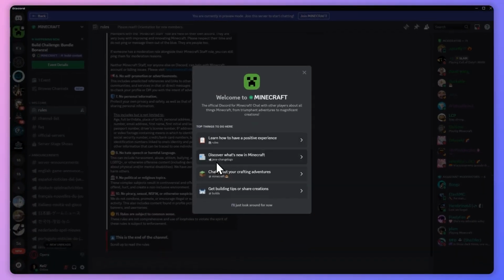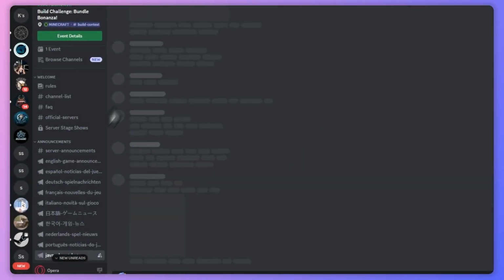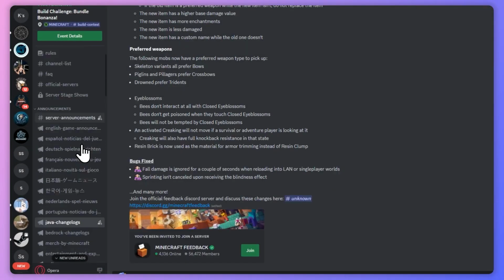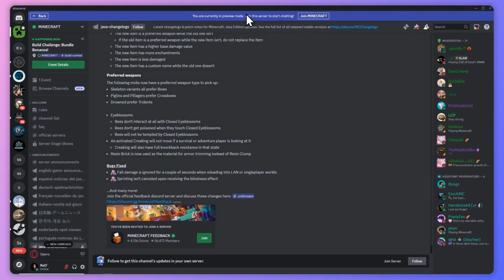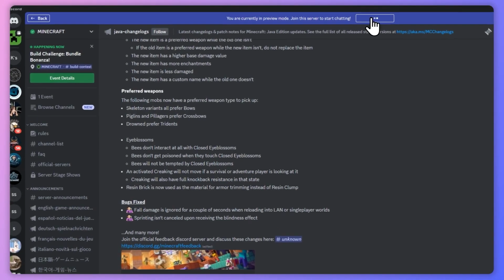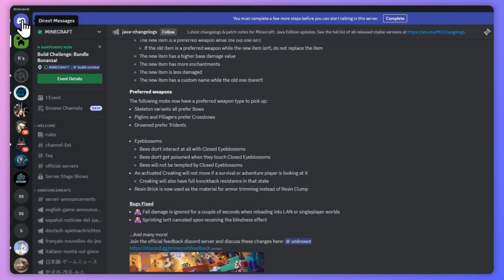So I'm just gonna go and answer this quick question. So discover what's new in Minecraft. And then from here, I am now here in their server. And if you would like to officially join the server, you want to click here on join Minecraft right here at the top. And then just like that, it will now be added here into your left side on the